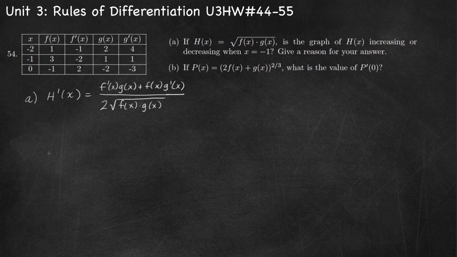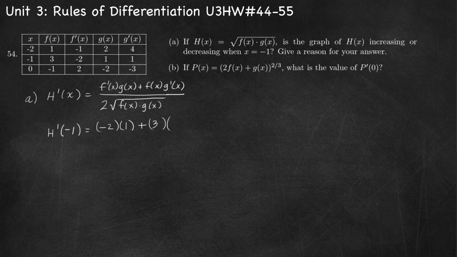And then when x is negative 1, we want to evaluate h prime of x. So h prime of negative 1 equals f prime of negative 1, which is negative 2, times g of negative 1, which is 1, plus f of negative 1, which is 3,